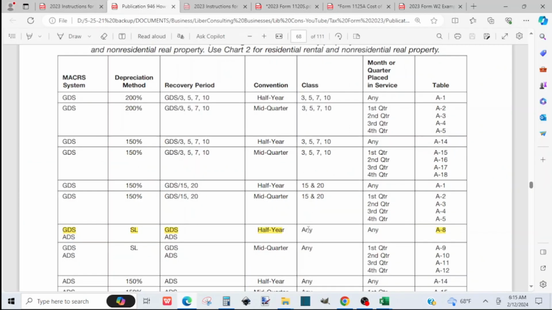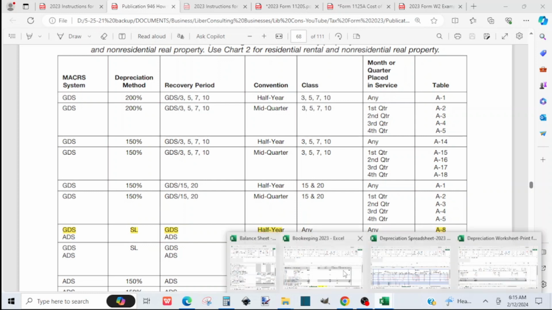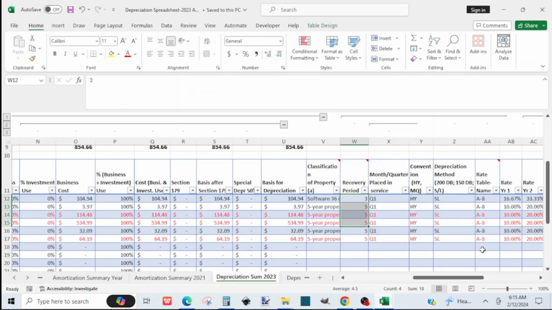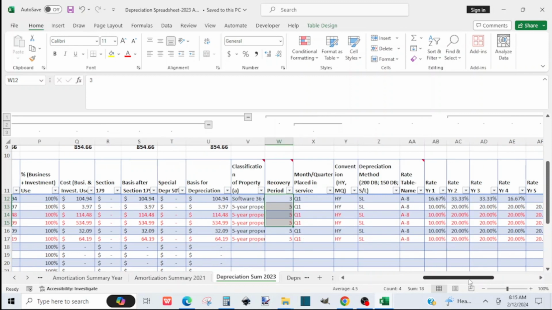You can see that for 3 and 5 we have 200% and 150, but we are going to see with straight line half year any, and therefore the month will not matter. Any month you place in service, you will use table A8. So we'll put table A8 on our spreadsheet and we'll go find the rates,